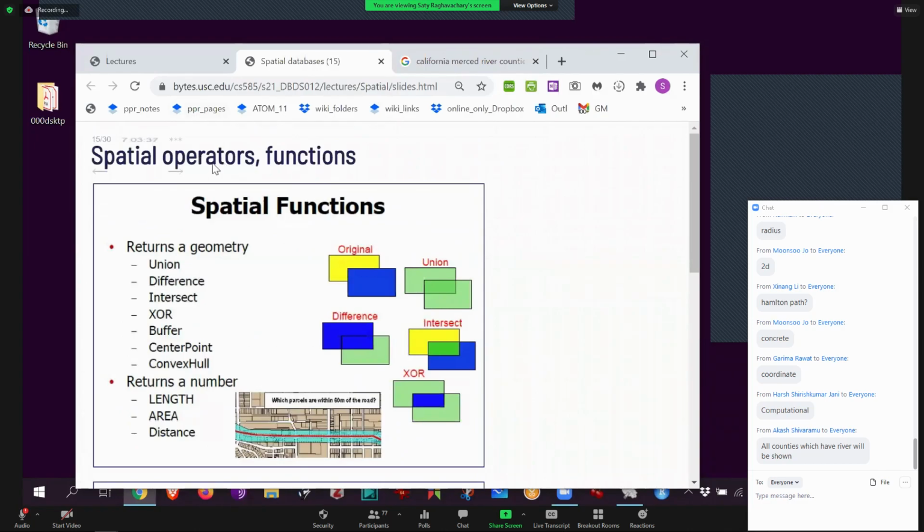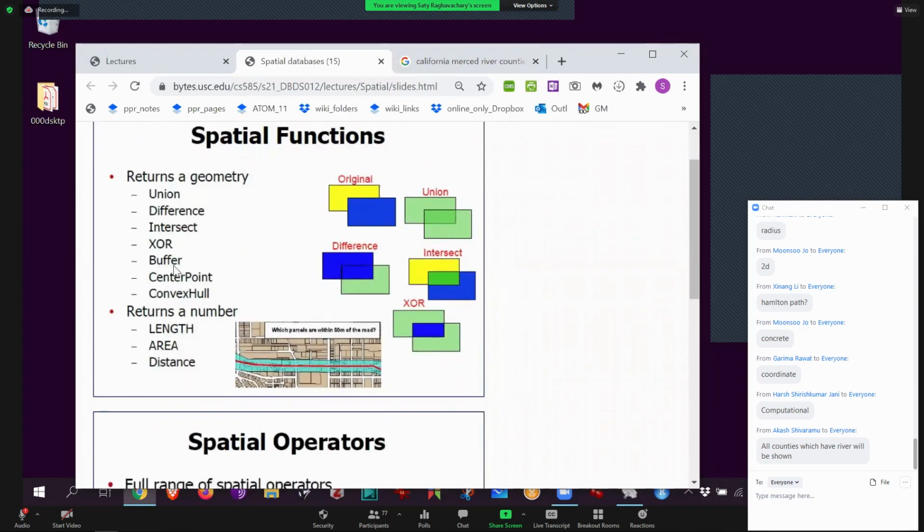Okay, so just going back to the operators and functions, telling you way more about all this. Sometimes some operators, some functions, as a return value, will return another piece of geometry. For example, if you give it two pieces of geometry and say fuse them together, give me just the outline of both polygons, obviously the answer is a new polygon, right? So the union operator would give you a new piece of geometry, meaning a new polygon. A difference is A minus B. Again, from this polygon, subtract the polygon. You'll only get the boundary. The intersection is the opposite. What is common to two different polygons, okay? Okay, exclusive OR, all that.